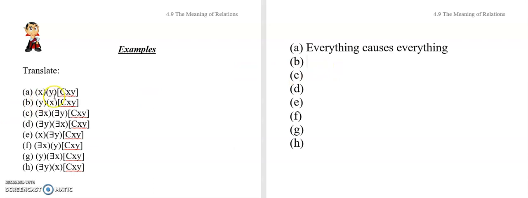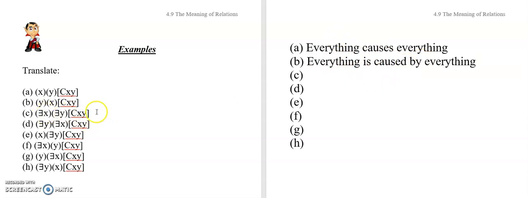Okay, so what I'm going to do here is notice that this is the leftmost quantifier, and this is in terms of x, and it occurs in the first position. So I translated the sentence in terms of the first position. Everything x causes everything y is the idea. In this case, I've got the y quantifier as my main quantifier, my leftmost quantifier, and it occurs in the second relatum position. So I'm going to translate in terms of the second relatum position, and say everything is caused by everything. Of course, that is logically equivalent to everything causes everything.